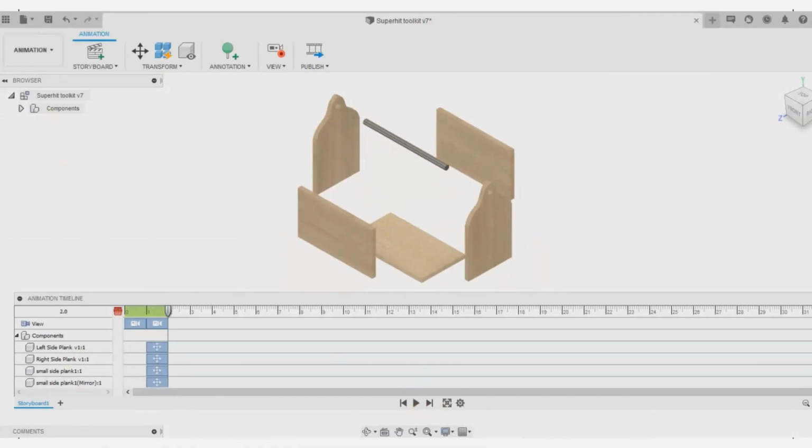While publishing, you will not see these tools below, like the storyboard. Only your component will be shown. So if you have a wonderful assembly, you can make the animation of it and post it to your social media also. This is how the animation workspace helps us.